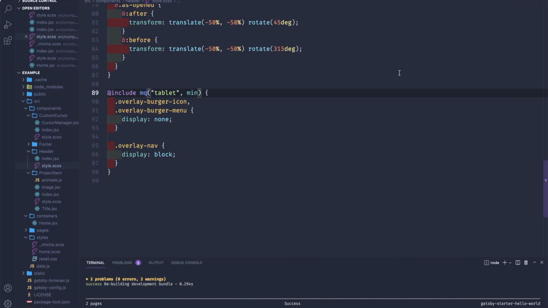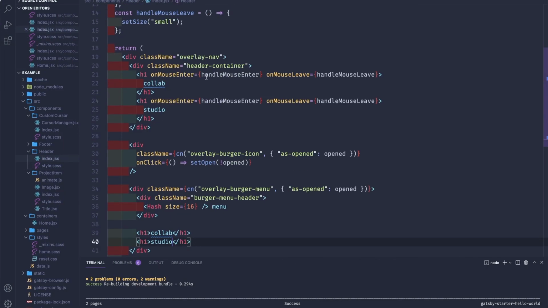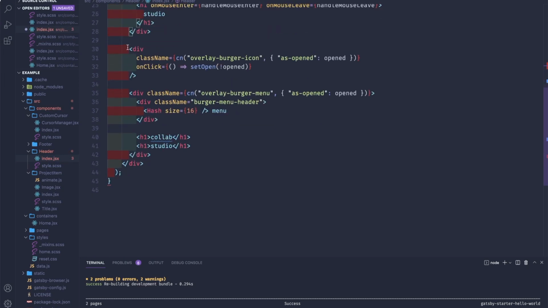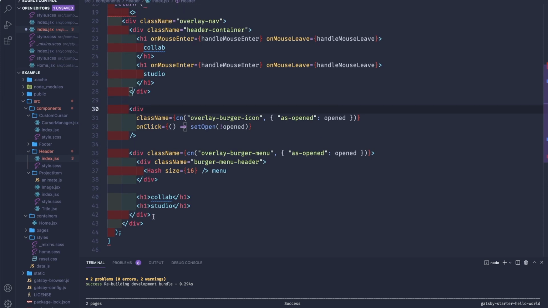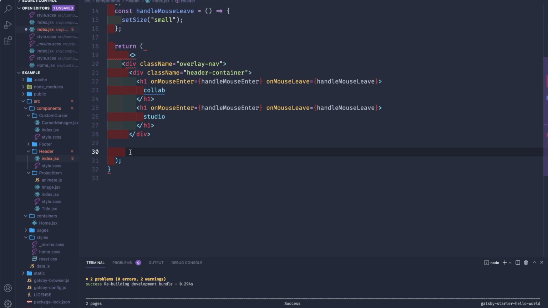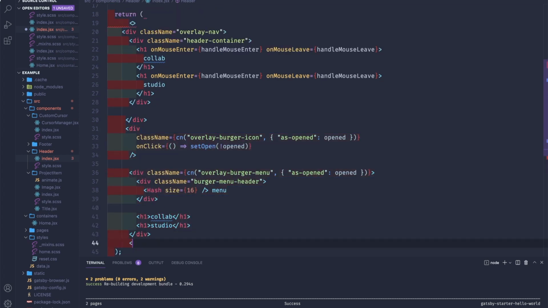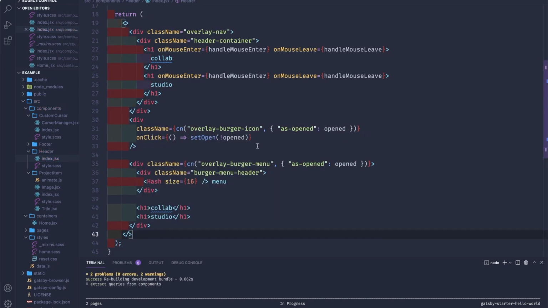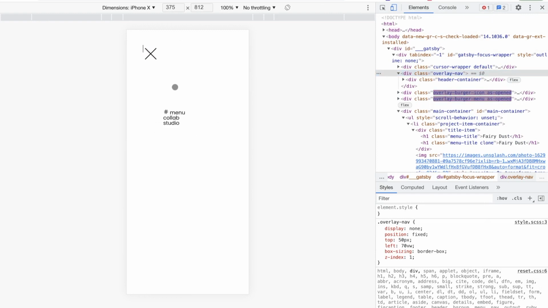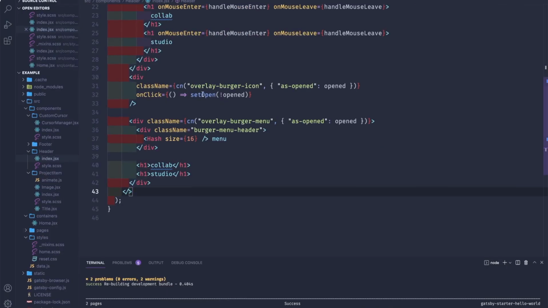Yeah, so I've got a mistake here in the header. We should move this to outside. Yeah, so let's close, and we close, and then let's close the fragment. Yeah, so now we have this nice animation, and we can actually, to make it